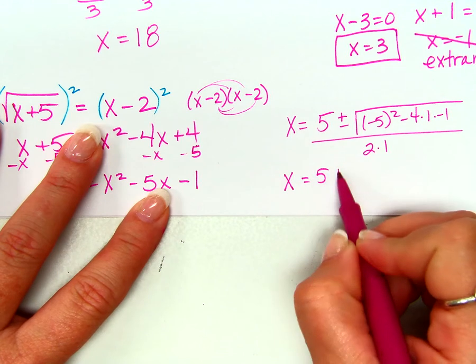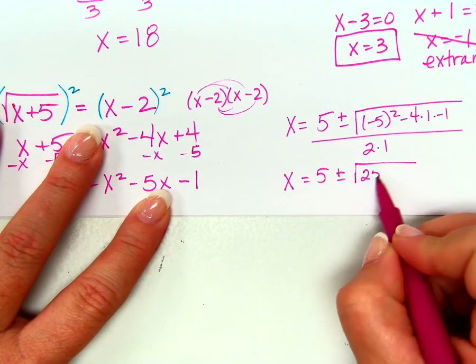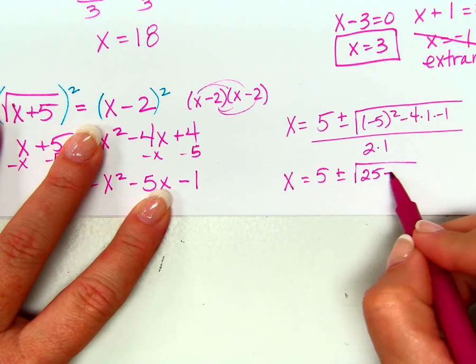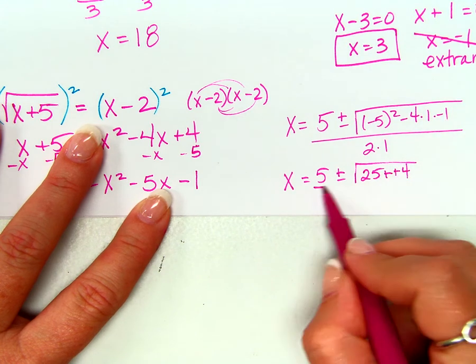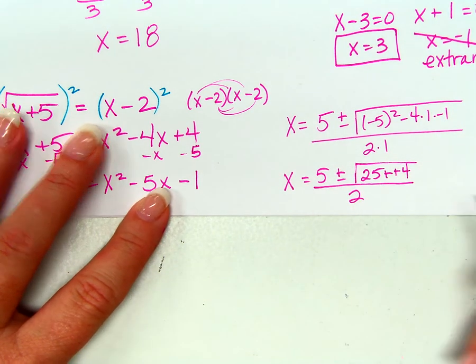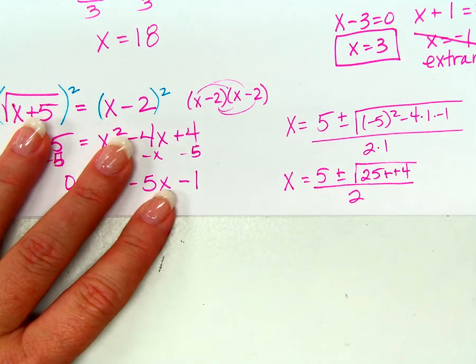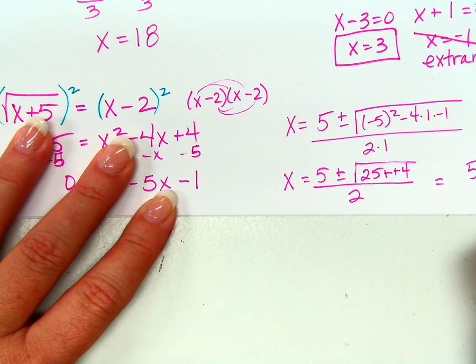So I would get 5 plus or minus the square root of, well, that's 25. And then I have 4 times 1 times negative 4. So that would end up being plus a positive 4. See, I don't know the square root of 29. Do you? No. So what I'd end up with is 5 plus or minus the square root of 29